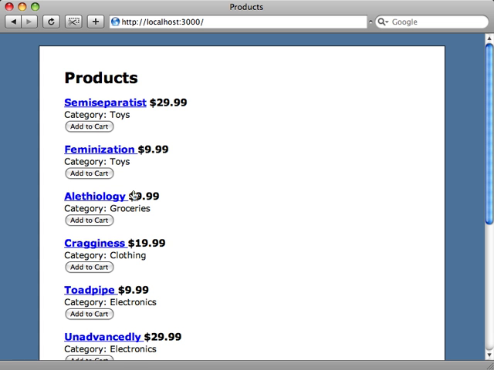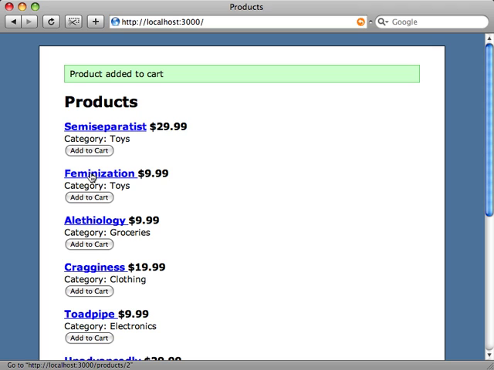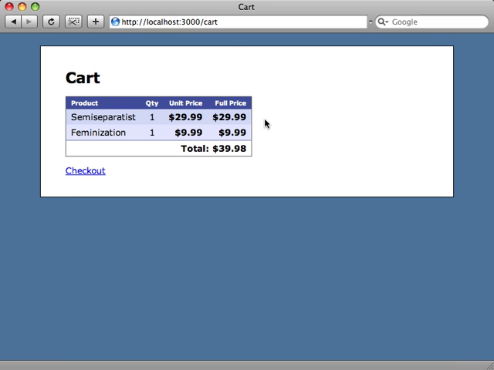Alright, so let's try this. Let's just add an item to our cart. And it took us back to this page just like we wanted. Pretty cool. So this works fine for a little while, but then our requirements change again. And they decide to go back to the cart page again, but provide a link to come back to our previous product page. So on our cart page, for example, they want a link down here that says continue shopping,